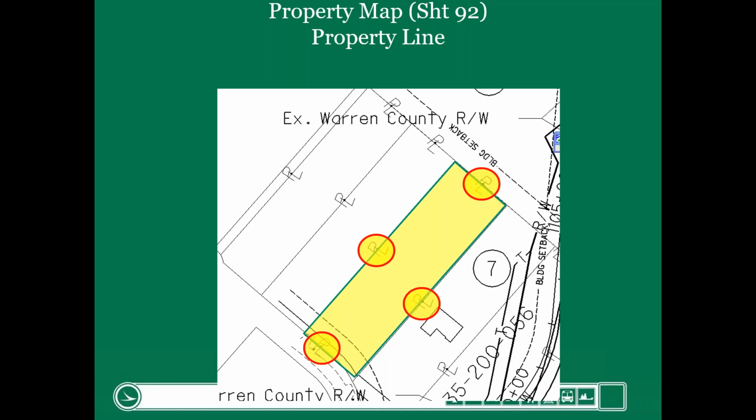Now we're not numbering these lots because they're not being impacted by the project. Only parcel number 7 and then number 3, which is down here. I don't have it on there, but you can see how we've at least identified them on the property map. We didn't number them. And then here's the abutting property owner. So again, these PLs represent the property line.